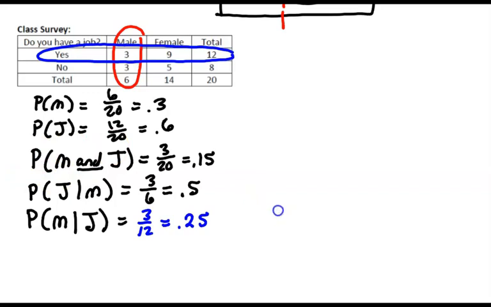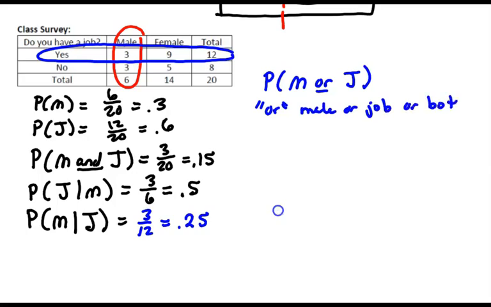Now, what's the probability that a student is male or has a job? Now, remember when we see the word or, that means male or job or both. Okay, so it can include all 3 categories. They're either male, or they have a job, or they are in both categories. That all is included in the or. It's called an inclusive or, rather than an exclusive or, which would be where the both would not be